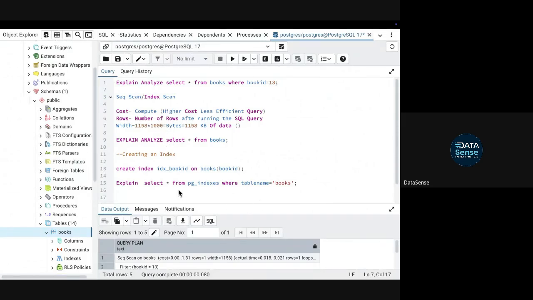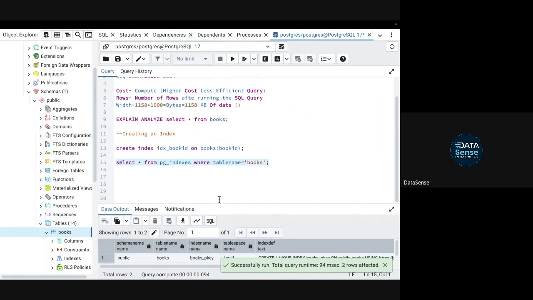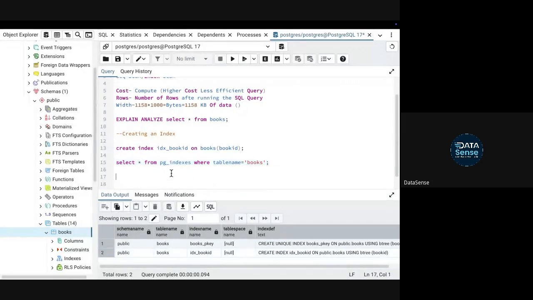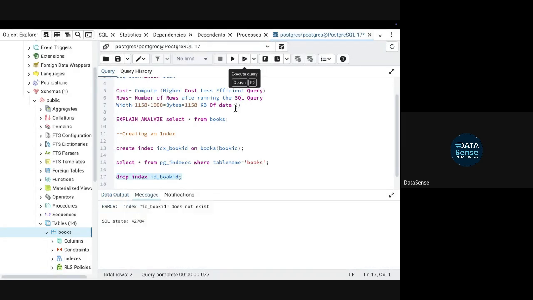Where is this query? Yeah, so let me drop an index. I'll say drop index idx_book_id. Okay, when I use this, my